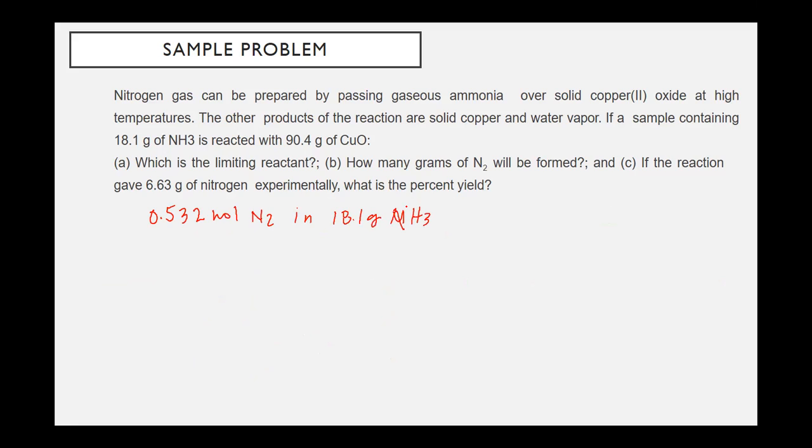So, let's compute naman kung ilan yung mapoproduce nating moles ng N2 in 90.4 grams of copper(II) oxide. So, 90.4 grams copper(II) oxide. Divide natin sa kanyang molecular weight, which is